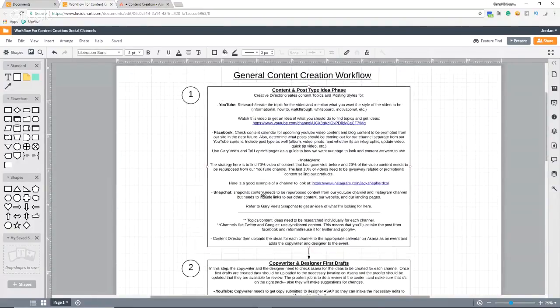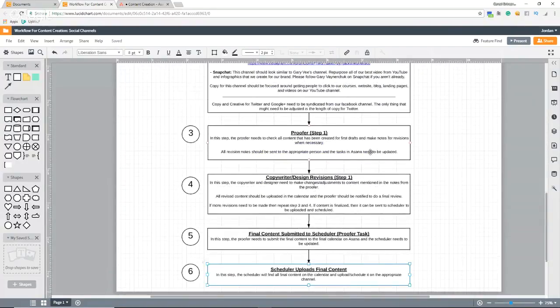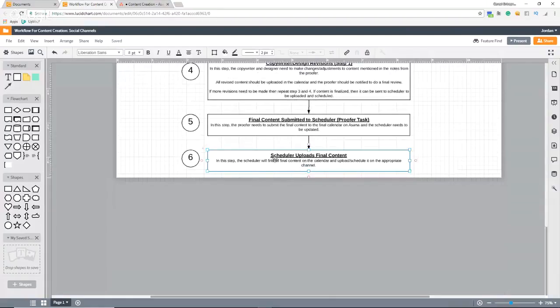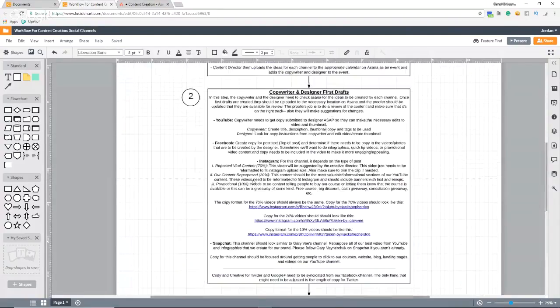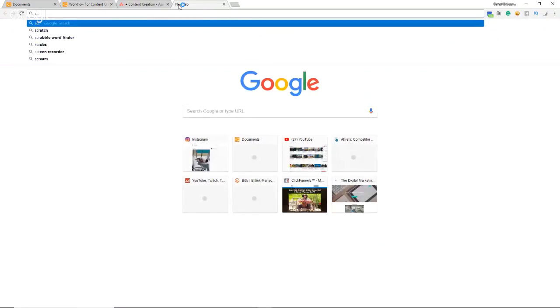So what we're actually working on doing, I'll be finishing this up tomorrow. I'm going to be creating training videos for the creative director, for the copywriter, for the designer, for the proofer, and for the scheduler. Each of the videos will basically just show them how to walk through their job. And a really cool tool for that, if you guys haven't ever seen it before,